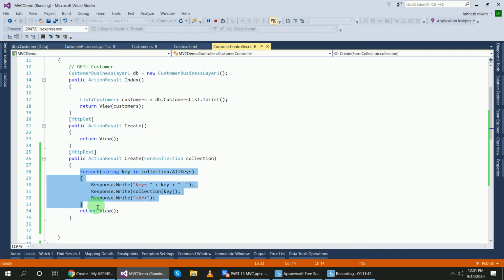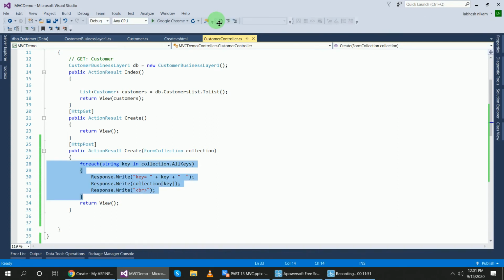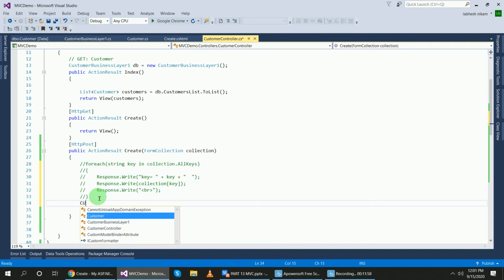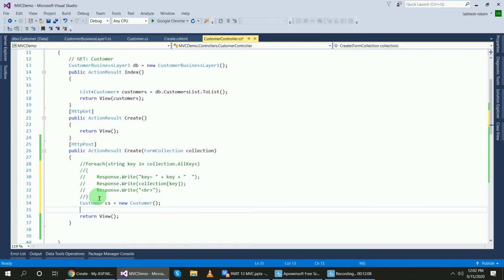Okay, so control KC, control KC, and use that customer object. So customer model class, suppose CS equal to new customer, and we will pass the parameters here.